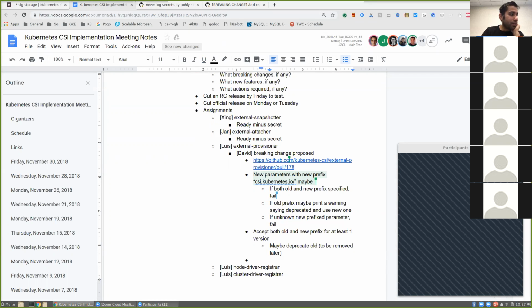Okay. We also need to make a similar change in external snapshotter. Would you be able to make that change as well? I'm most familiar with the provisioner. I'll probably just have time to pick that up. I have quite a bit of other stuff to do. So maybe could you help make a similar change on the external snapshotter?